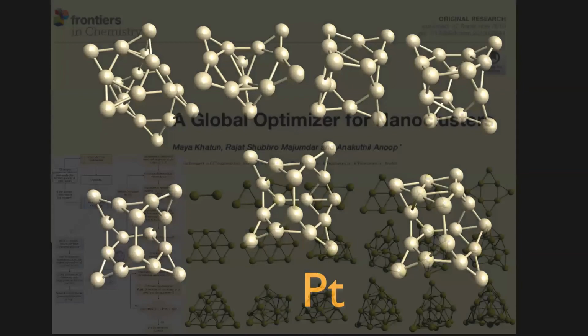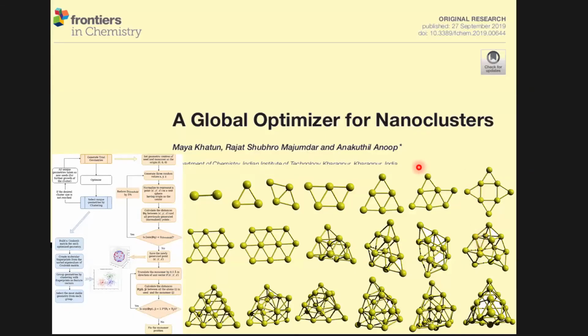These are some platinum clusters. This was our paper published in Frontiers in Chemistry, on global optimizers for nanoclusters. Some very interesting geometries were found, like Au20. We got the global minima for that, which was a proof of principle that our method can find the global minima. The simple gold thiolate systems are more real, more actually found in the literature, so we are studying that currently.